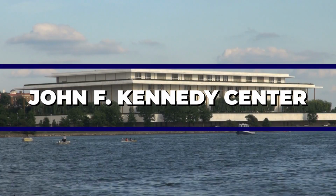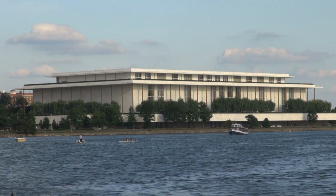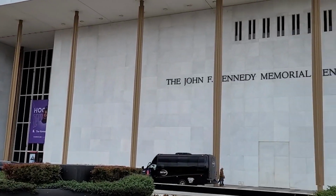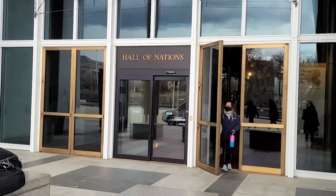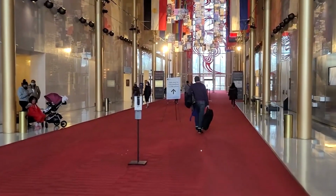Next up on the list, John F. Kennedy Center, which was built in 1971 to honor the late President John F. Kennedy. This cultural hub overlooking the Potomac River hosts the National Symphony Orchestra and boasts a modern building designed by Edward Durell Stone. The center is also home to the Washington National Opera, one of the top opera companies in